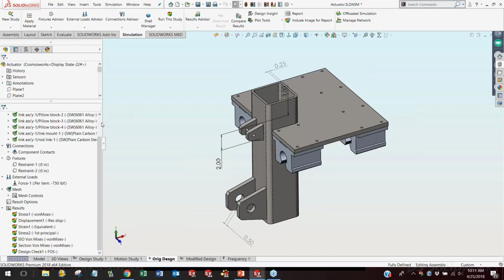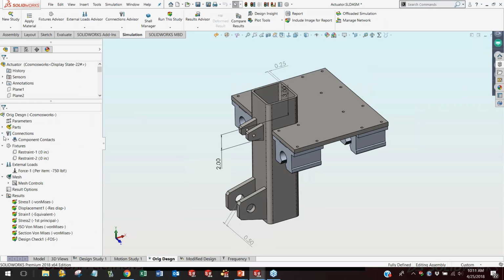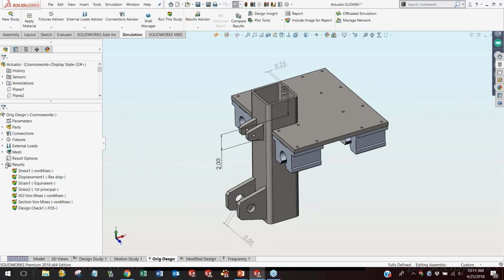So here's a model, and I'm going to walk you through what we basically do with our studies. To create any study in SOLIDWORKS Simulation, and I'm giving you a very basic tutorial here,